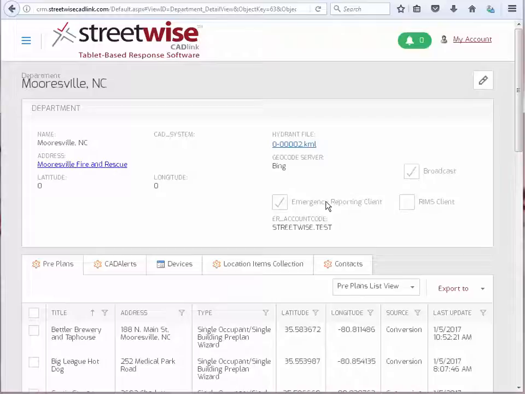You'll see if you're an emergency reporting client and your interface is set up to go directly into your NFIRS report, and if you're a RIMS CAD client and have bidirectional support, that would be checked over here. We'll talk about the various tabs at the bottom in just a moment, but we want to show you that